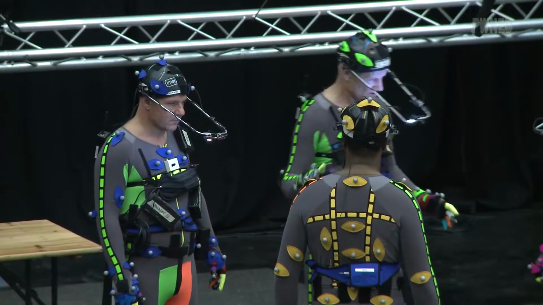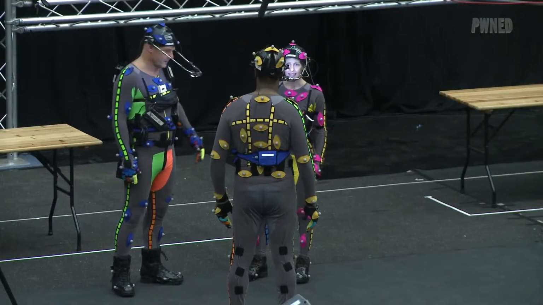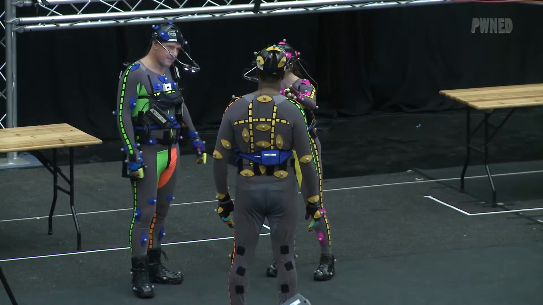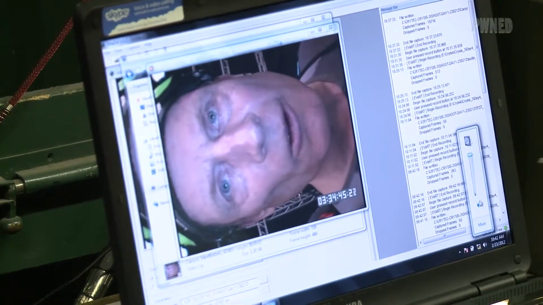Well, what we're doing here today is performance capture for Crysis 3. Performance capture is the latest way of combining motion capture, facial capture and audio capture simultaneously. The guys are wearing the normal mocap suits, you see, with the bright colours for reference and all the markers on them, and then they've also got head cams on as well, so we're capturing all the facial movement,